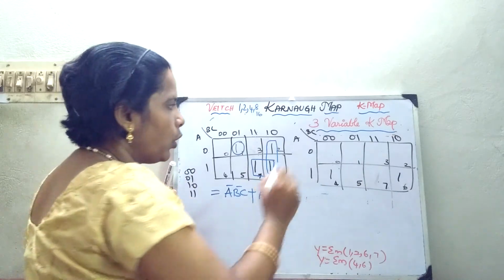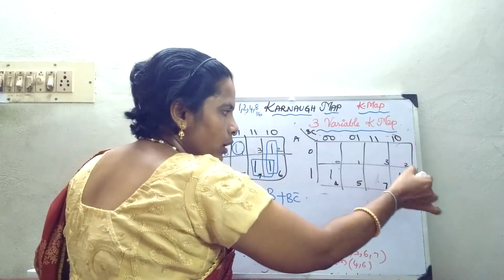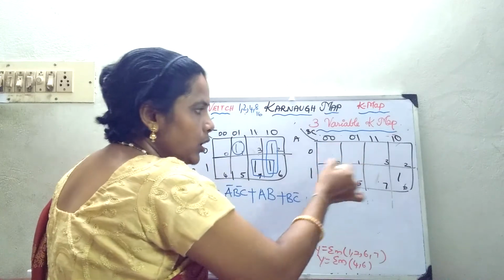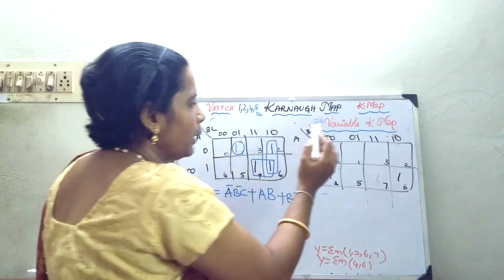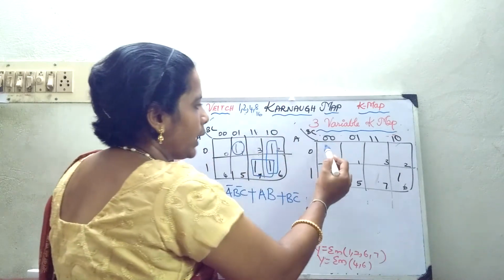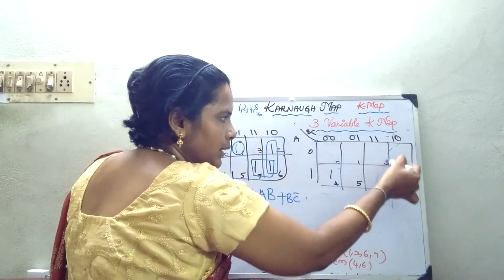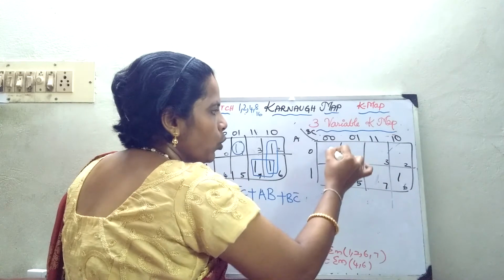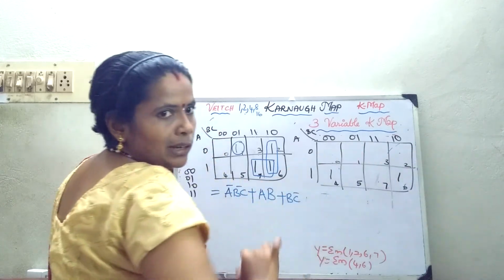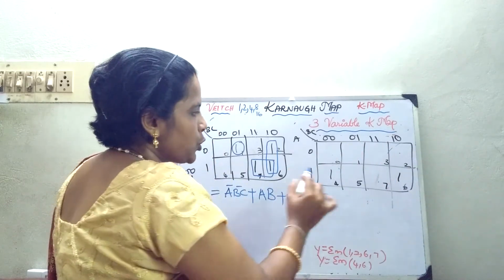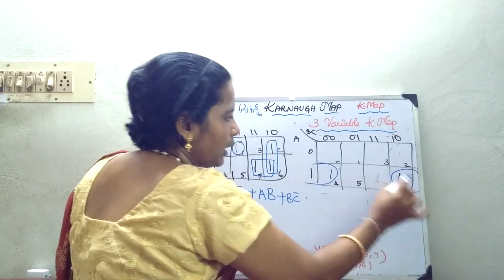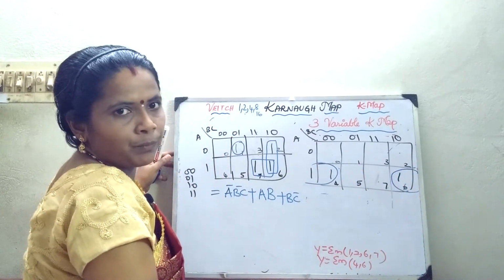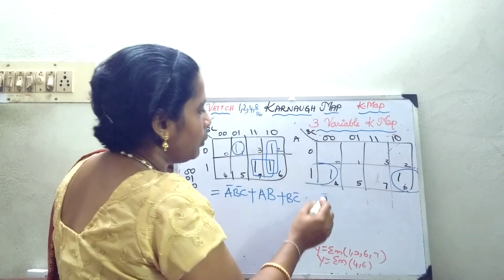You should know that whenever cells exist in the corners also, I can club them just like toasting bread. Whenever I close the two ends, I can do it like this. If I have, suppose, 0 and 2 also, these can be considered as a 4 cell grouping. So that should be known. In this case, this corner and this corner I can group.